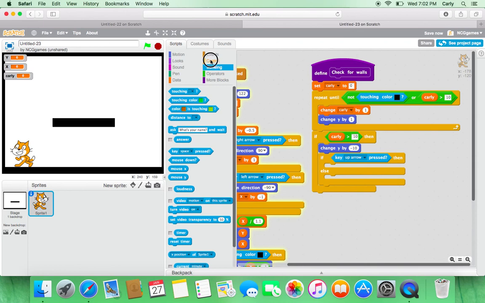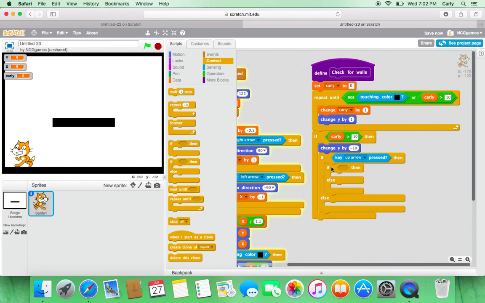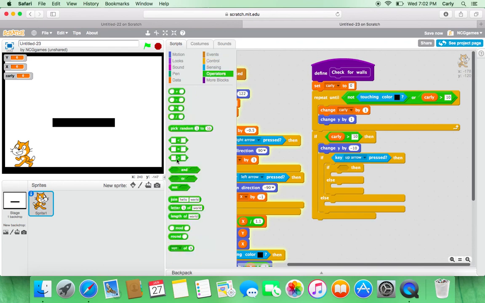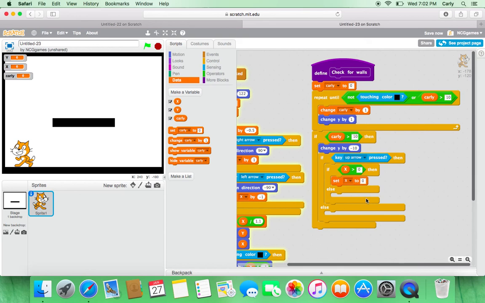Then we're going to go back into the control and grab another if else block. And then for this one, we're going to go back into operators, grab this more than block, and we're going to go into data, and we're going to grab this X, and for the other one, we're going to call it 0. So if x is more than 0, then you want to grab the set block, and you want to set x to -10,